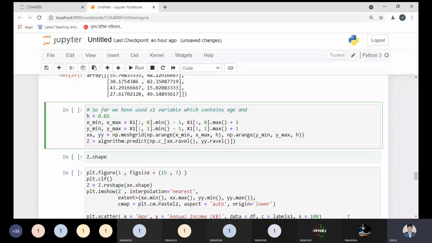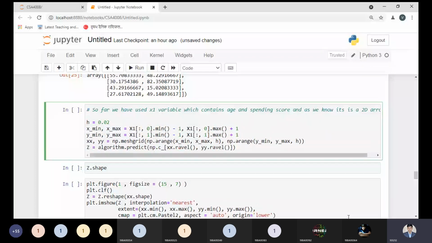Okay, right over here, spending score. And now, as we know, it is a 2D array. Okay. So whenever we need to update or transform our information from one dimension array to 2D array, or 2D to one dimension array, we have this concept right now.